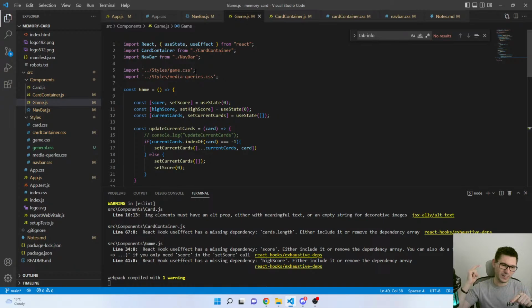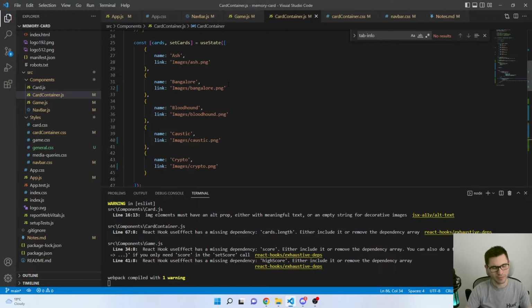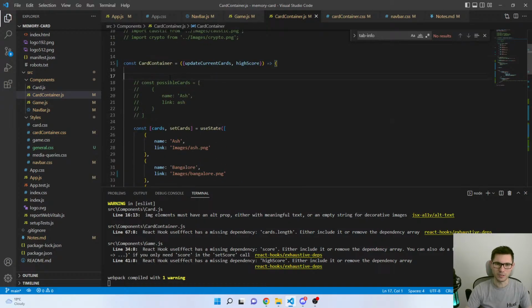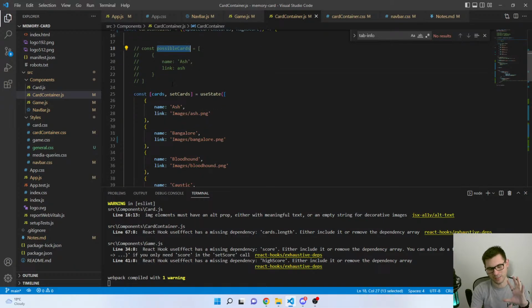Then when I click restart, that number needs to increase. So it'll just be a +1. That's fine. In the card container, I'll have to add more options here for the cards, which is why I was going to do possible cards. I think my cards will be like